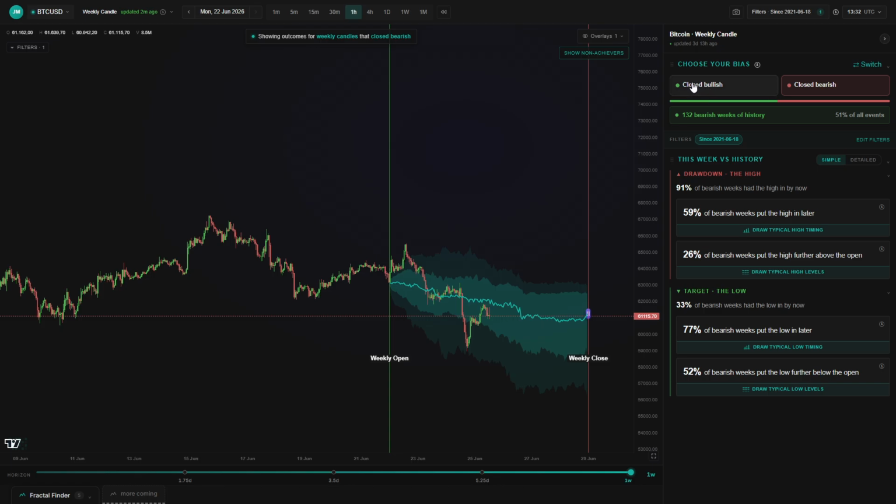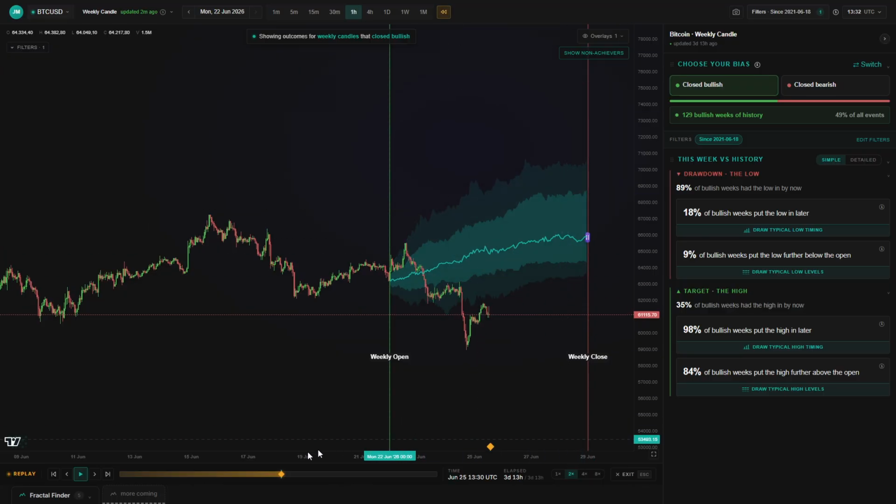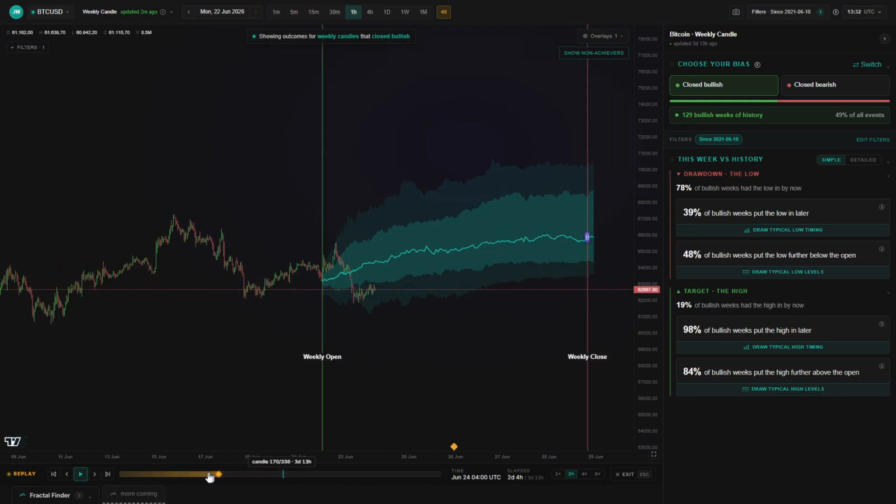If we click on closed bullish, we can see that it has been leaving these distributions towards the downside. In my opinion, looking back in hindsight, when this impulse towards the downside happened, we had a confirmed bearish bias for the week. Now we can quickly use the replay tool over here and go back